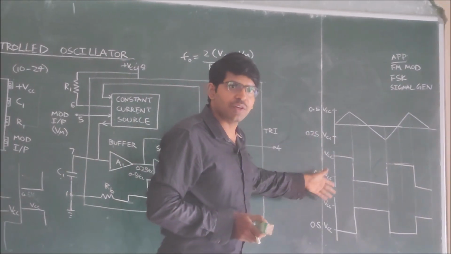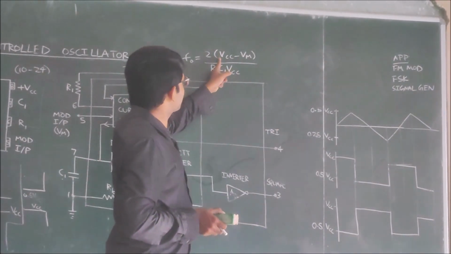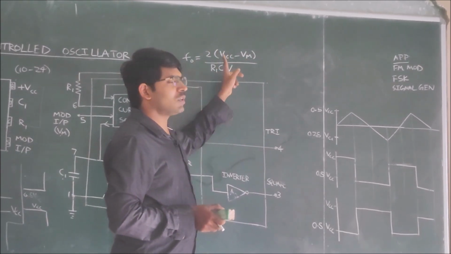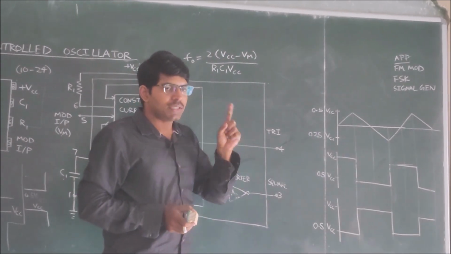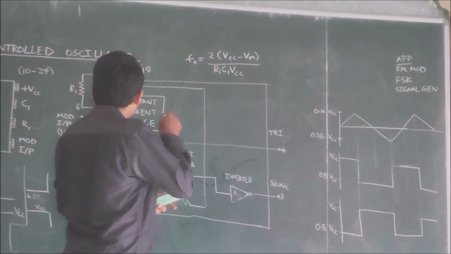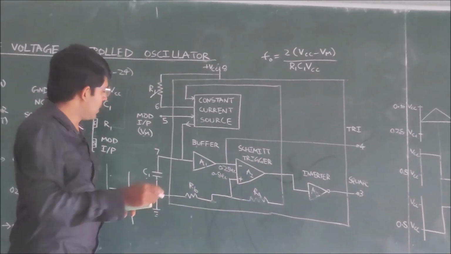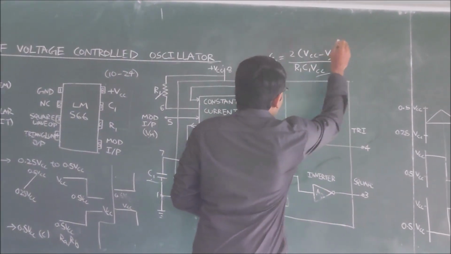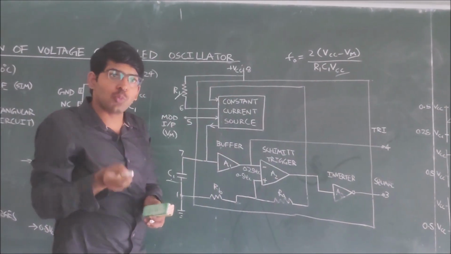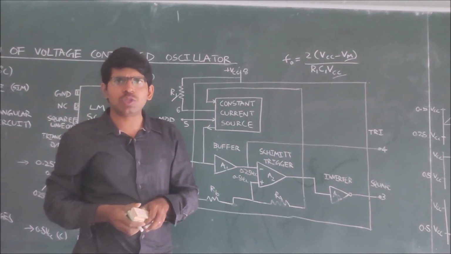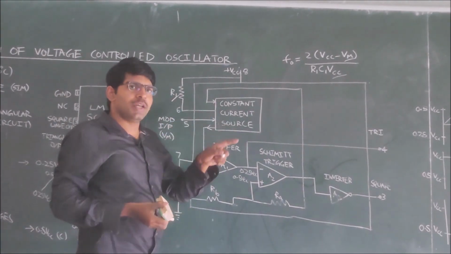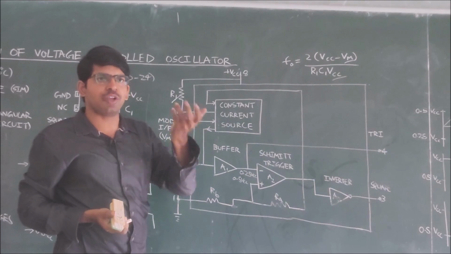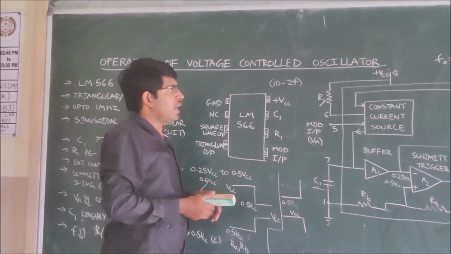The frequency of these two signals can be controlled by using this formula: 2 into (VCC minus VM) by R1 C1 VCC. It means the output signal frequency can be controlled by using the resistor R1 and the capacitor C1 and also the VCC and the modulating input. The output can be controlled by using the modulating input, the external voltage. By using that we can control the output signal frequency. So once again,